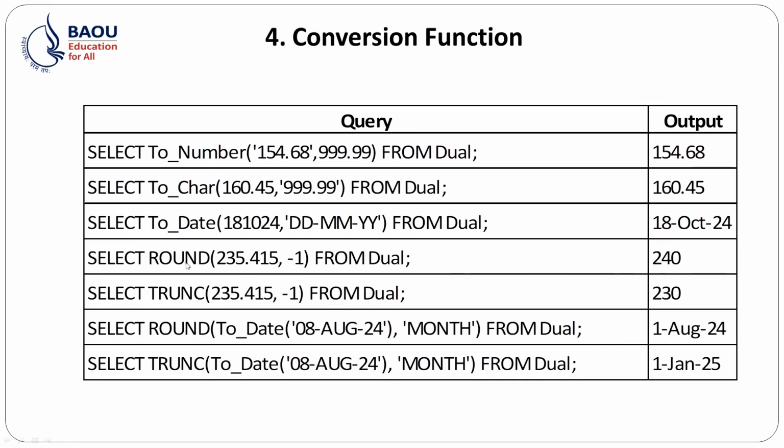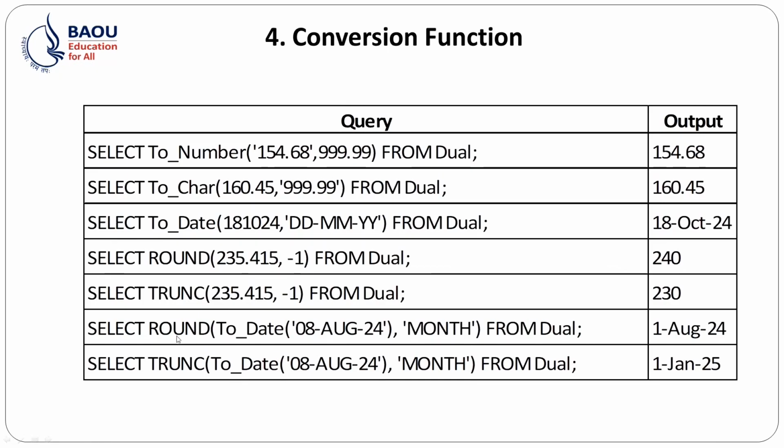Now the ROUND function. Here -1 means the digit before the point, 35. The 5 is rounded up to the 4, so 240 is displayed. Now TRUNC displays the same number using truncate. Here -1 means it is not rounded. Here it is rounded, so it will display 240. And here it is not rounded, but -1 means 230. The 5 is converted into 0.